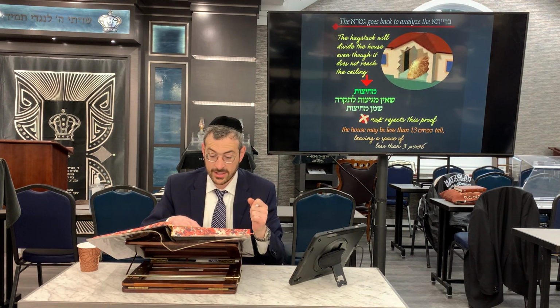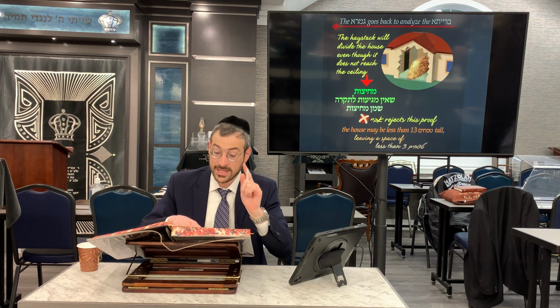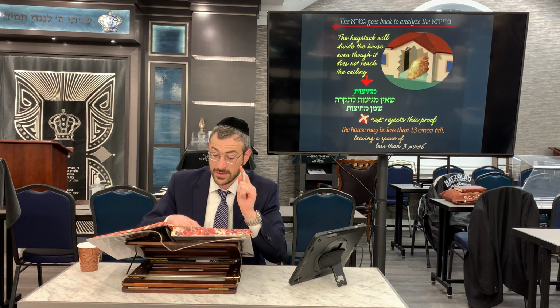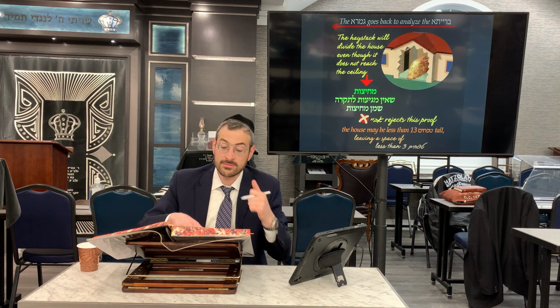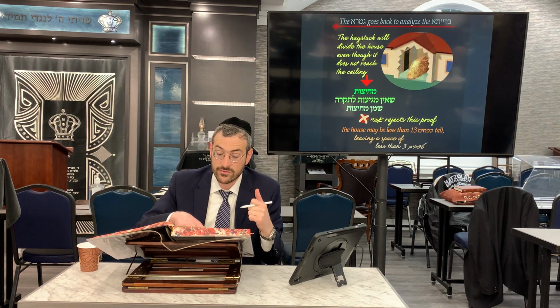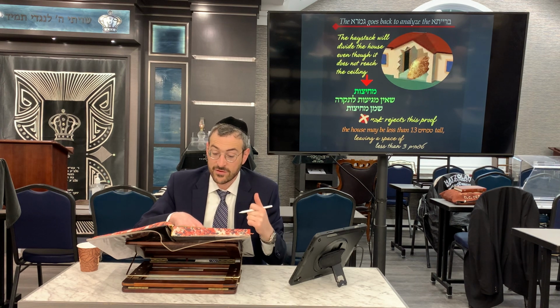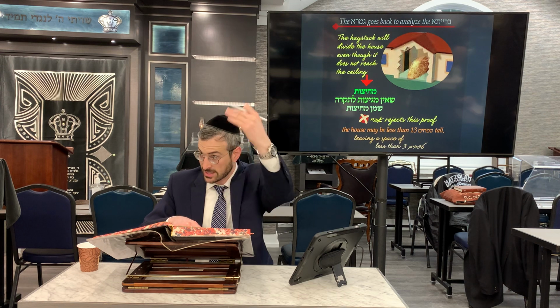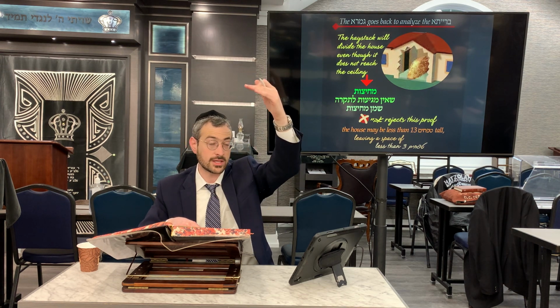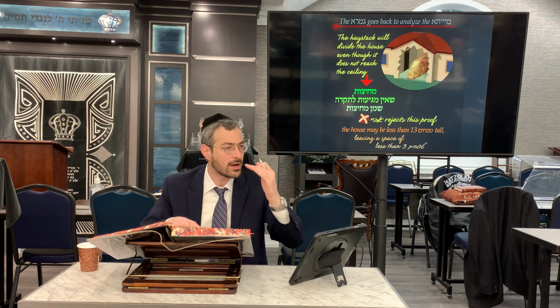So the Gemara makes the point that if it is 10 tefachim high, it's going to be permitted, like a wall, and they're each still separate. And it sounds like the Gemara is saying that even though it's very far away from the ceiling, as long as it's within 10 tefachim, where it said it's in a house, even though it doesn't hit the ceiling, as long as it's 10 tefachim high, it's going to be a